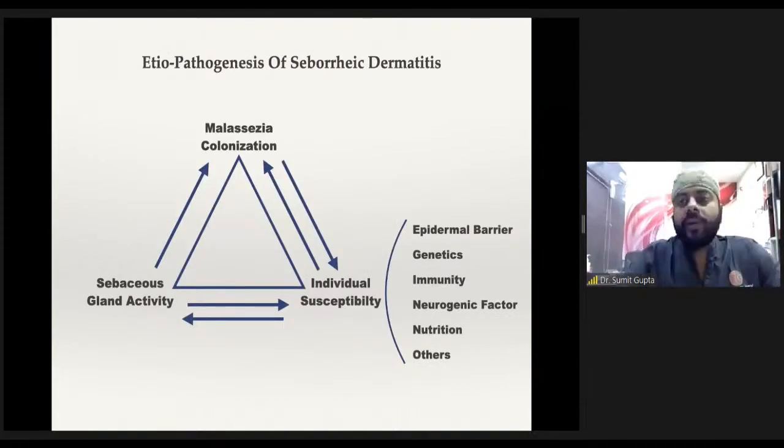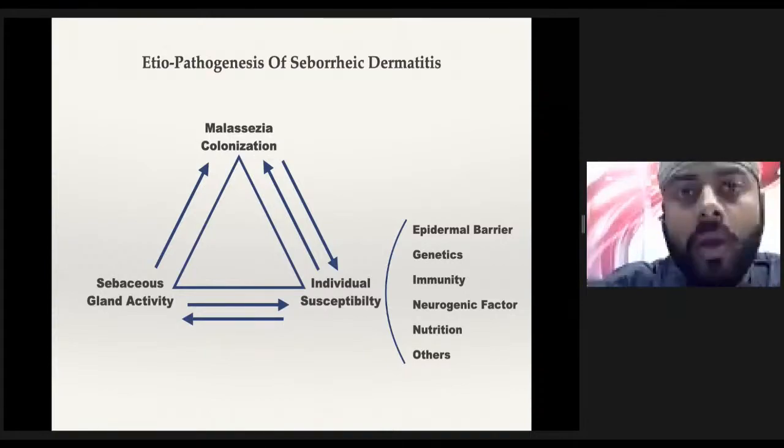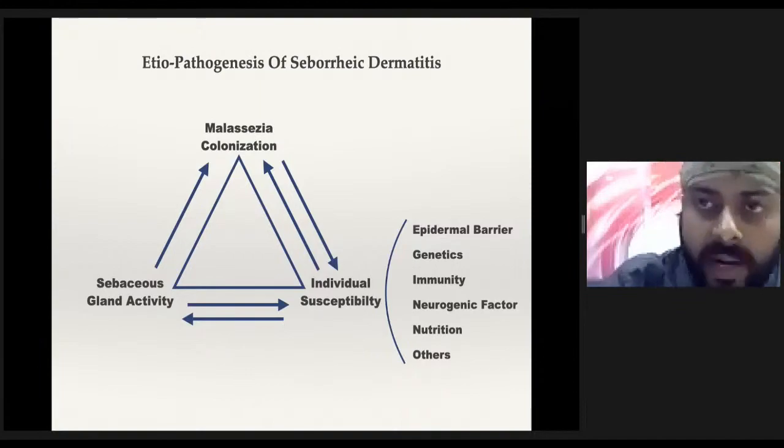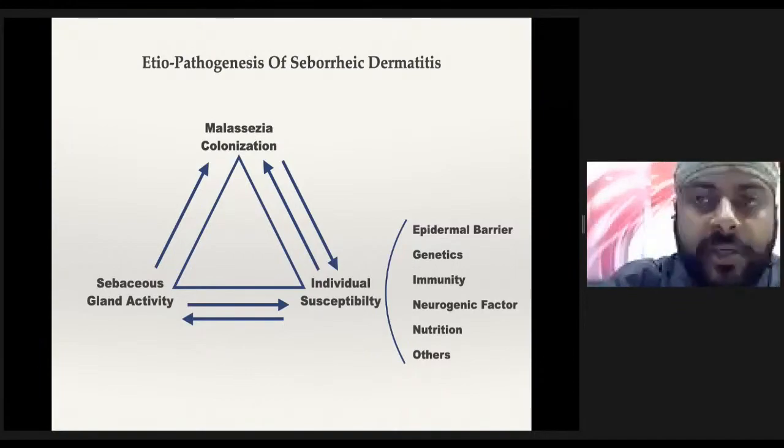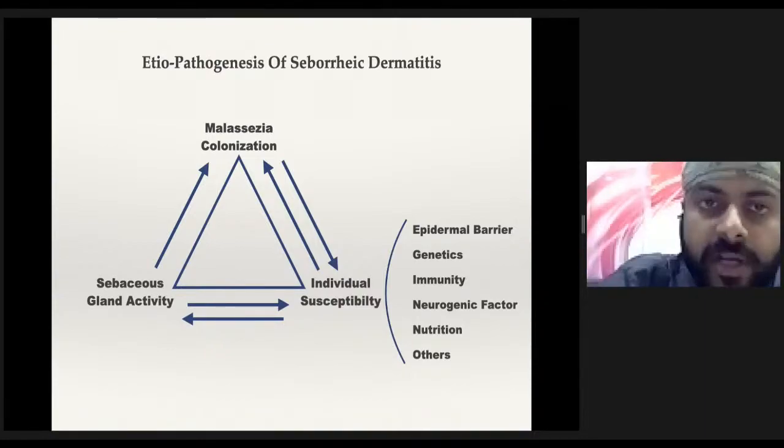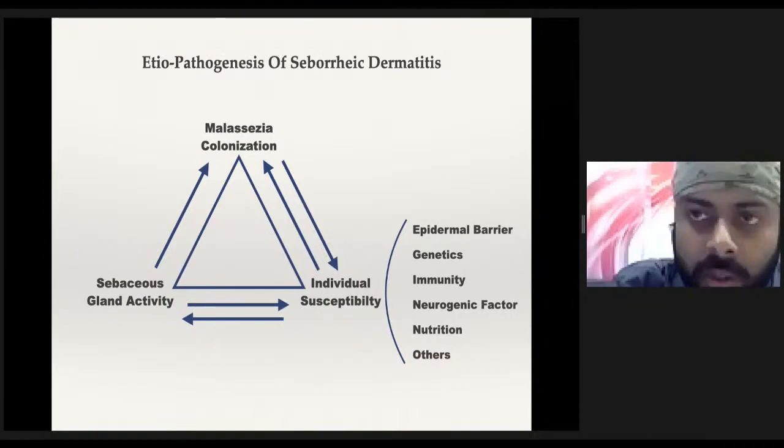Etiopathogenesis of seborrheic dermatitis has three important pillars. First is the sebaceous gland activity, which is slightly more in these patients, which can lead to more malassezia colonization. Basically, sebaceous glands secrete lipids onto the skin surface. If that lipid is more, malassezia colonization occurs in areas where the sebaceous gland density and the lipids are more. Lipases secreted by malassezia result in generation of free fatty acids, particularly oleic acid, and lipid peroxidases that activate the